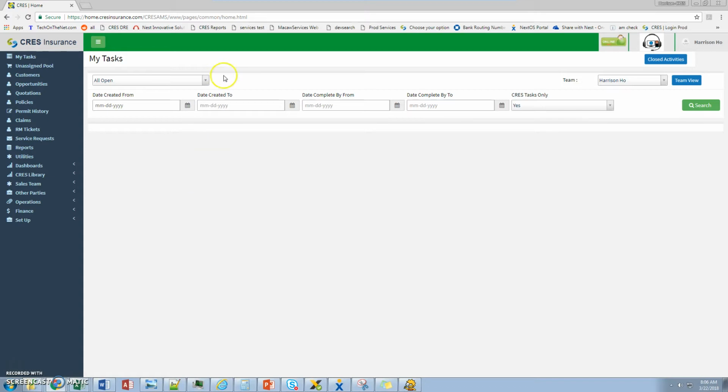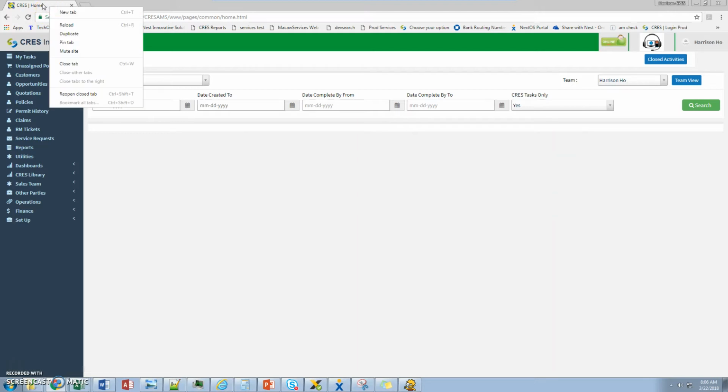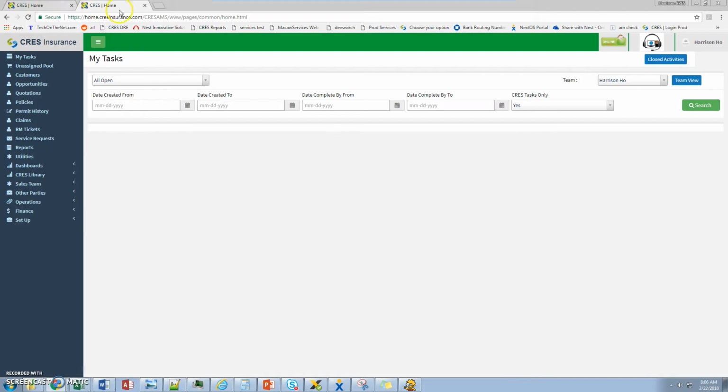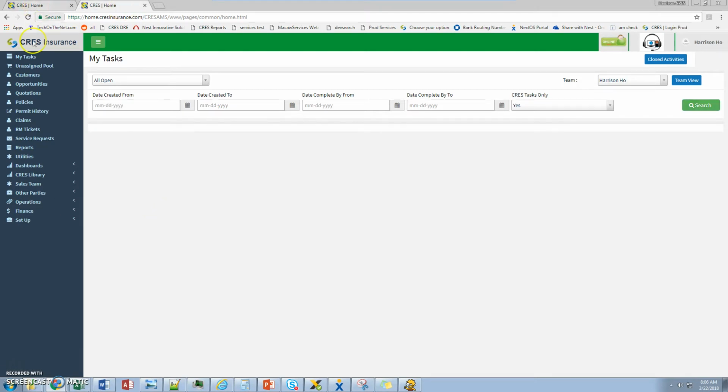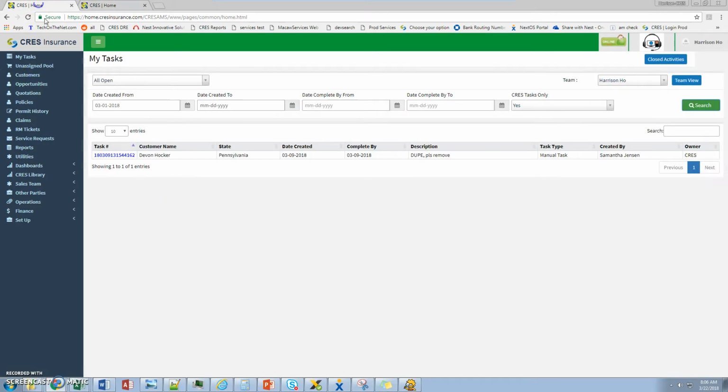So what you can do is up on your tab, you're going to right click, and then you're just going to hit duplicate. And so that is going to create your two home tabs. On one of your home tabs, you're going to set up your tasks however you want. I'm not sure if I have any. So there is the tasks, and then you can go ahead and search for your customer